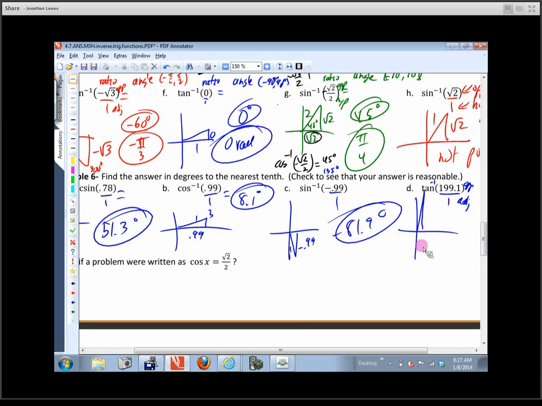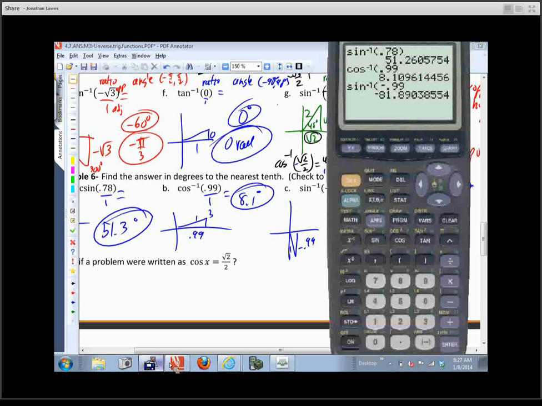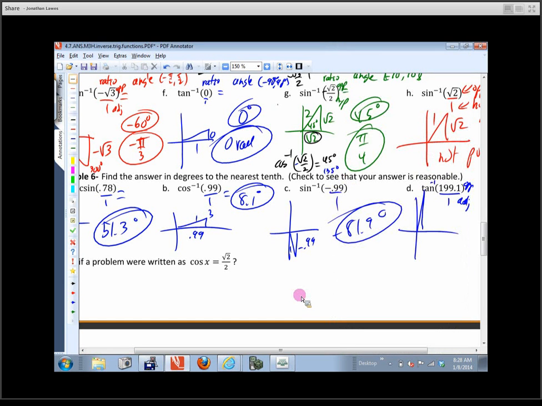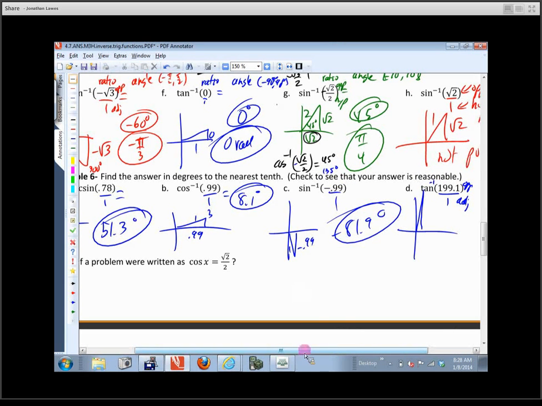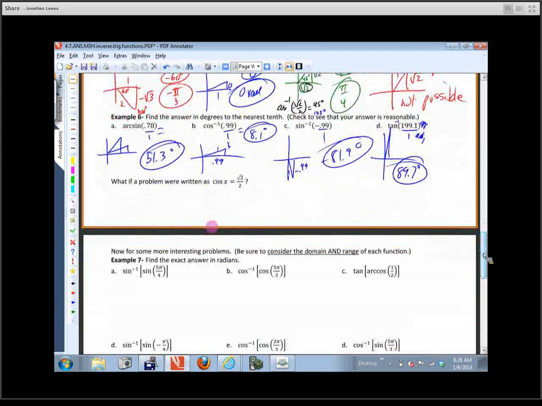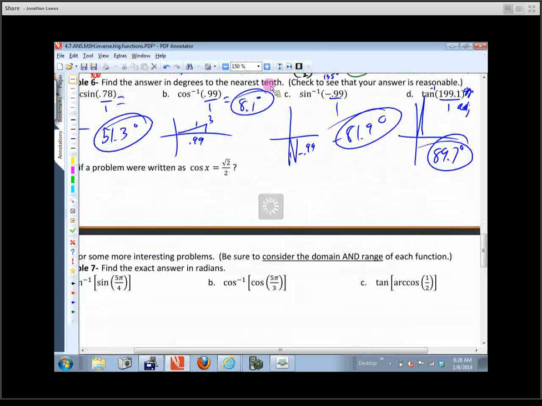It's going to be a huge positive angle. So let's see what the calculator says. Tangent inverse 199.1. Almost straight up and down, almost 90 degrees. We have 89.7. Any questions? Okay. What if a problem was written this way? What if it was written as the cosine of x is